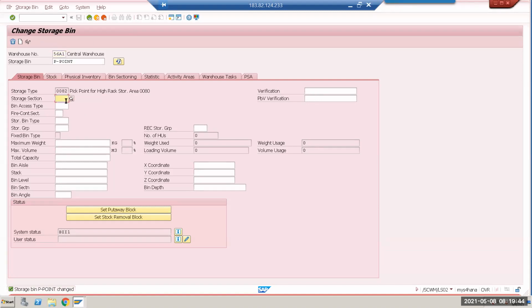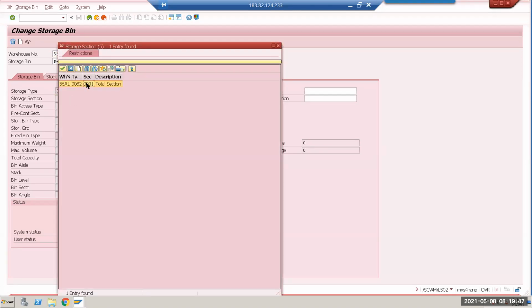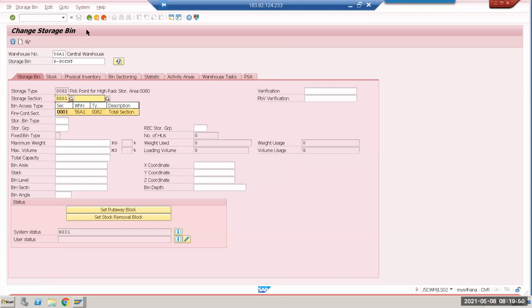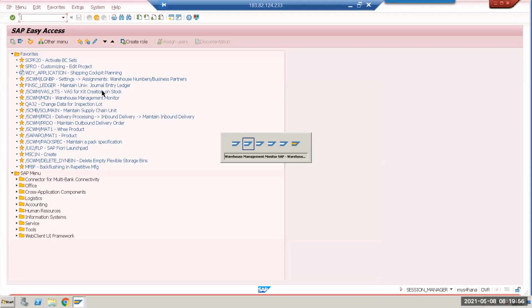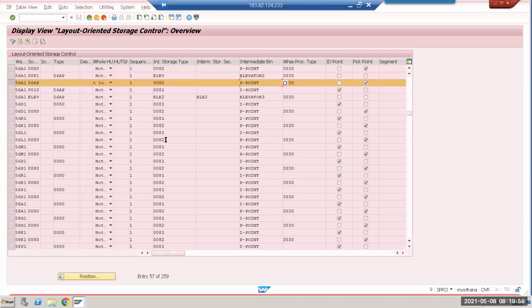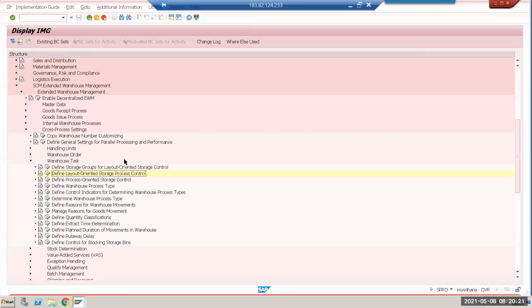So that's okay. So in the layout storage control, H2 pick point 3030 go. It is not going. Are we missing something on here? Not. Let's try again.